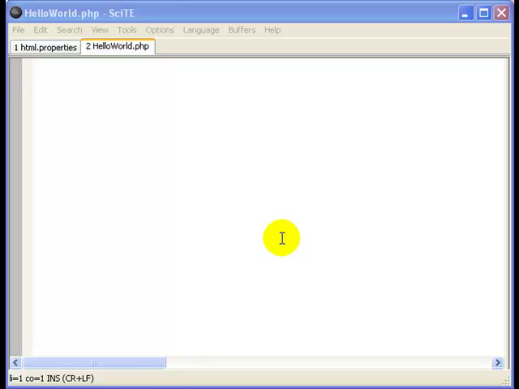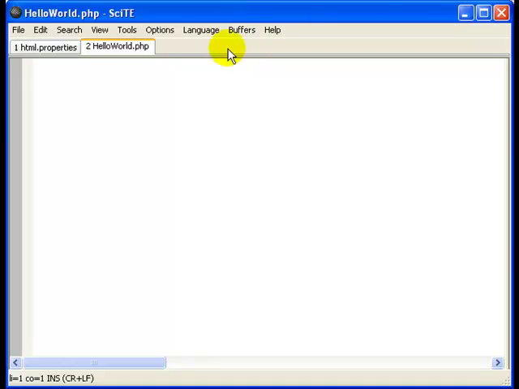This is a quick introduction to the SciTE editor, which is an open source editor available for multiple platforms including Windows and Linux, and it's very good for quickly developing PHP programs. So the basic interface here we can see is very simple, and it's tabbed, and we have two documents open here